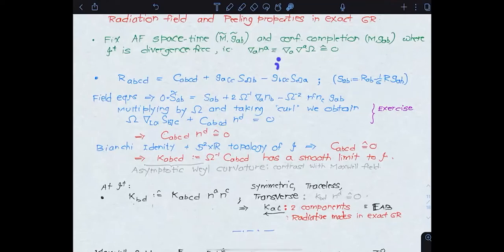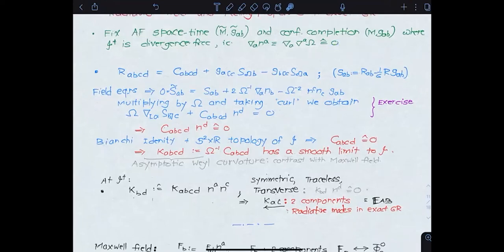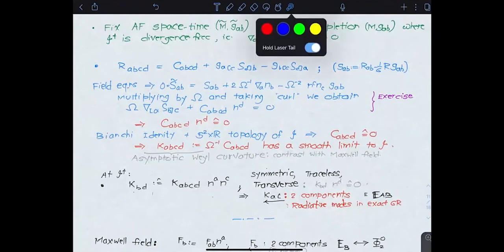So this is just an identity that you all know, I hope, from differential geometry. There's nothing to do with physics. It is just that the Riemann tensor can be expanded like that, given any metric g_ab. So it doesn't have to do with any Einstein's equation or anything like that. And now we bring in field equations, and the free field equations are going to say that the